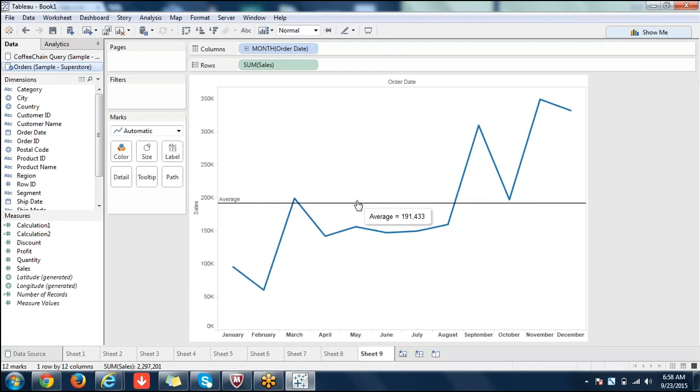Still it's not coming. Maybe I don't have data here. 1 minute. Okay, now it's available.